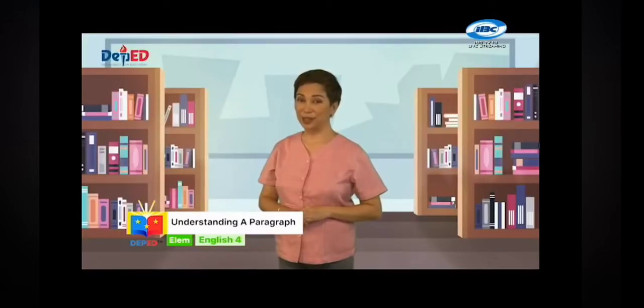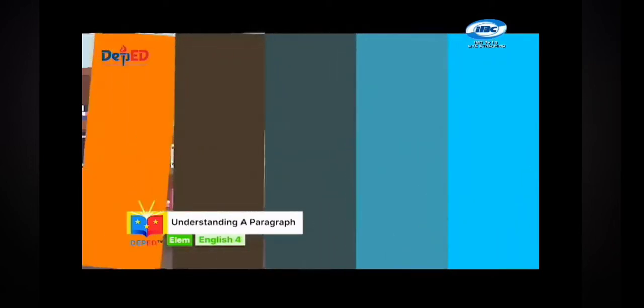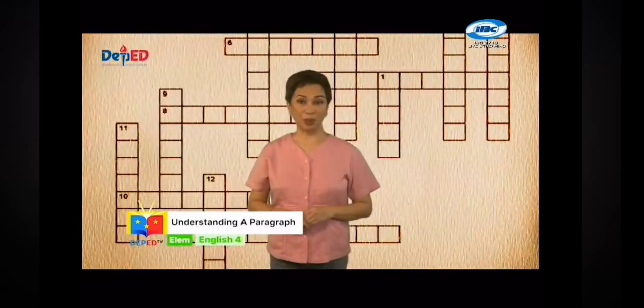Today, we are going to read a paragraph about books. But before that, let us first answer the crossword puzzle using the words that we will encounter when we read the paragraph. Do you have what it takes to be a word master? These are the words: